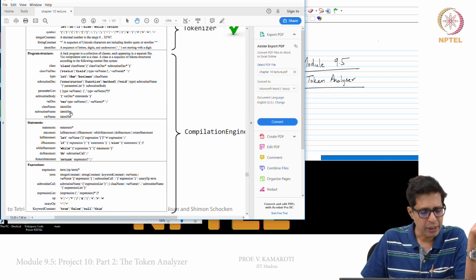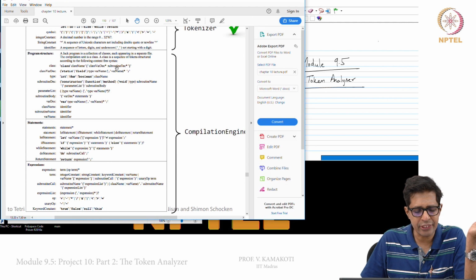The program structure basically has class. The class rule will contain the keyword class followed by the name of that class, which is an identifier, then the open brace, then 0 or more class variable declarations, followed by 0 or more subroutine declarations, ending with the closing brace.